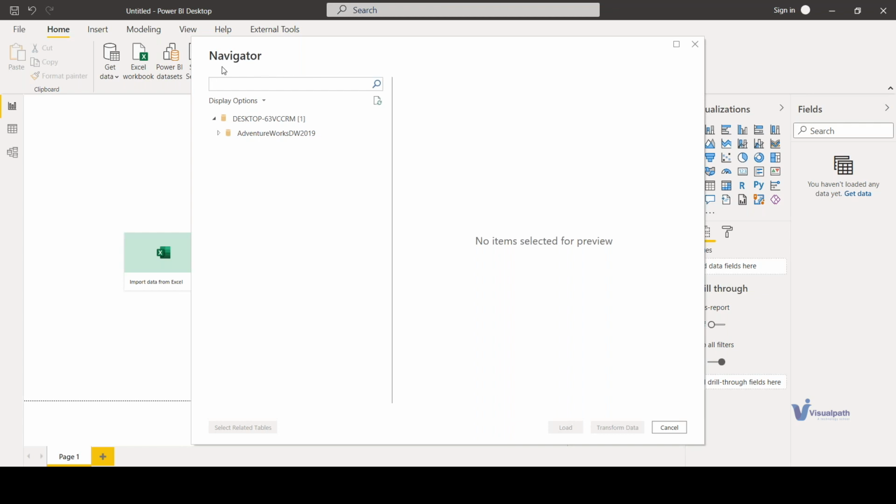The navigator page is used to see all the databases available in that server. So this is the server name, desktop-63 VCCRM, and these are the available data warehouses in this server. As of now, there is only one data warehouse, which is AdventureWorks data warehouse. And when I expand it,